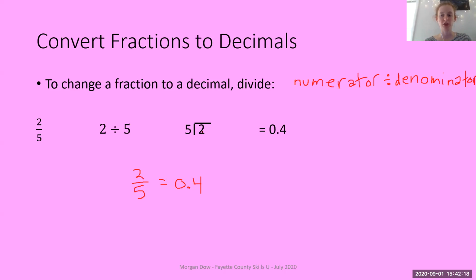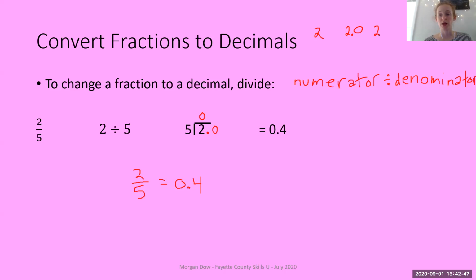So I have the long division set up right here. Okay, we're doing 5 into 2. How many times does 5 go into 2? Well, it can't, right? It goes in 0 times. So what I need to do is add a decimal point after my 2 and a 0 after that decimal point. Now, why do I do that? Well, I'm really just taking advantage of the fact that 2 means the same thing as 2.0